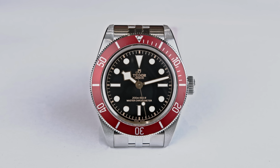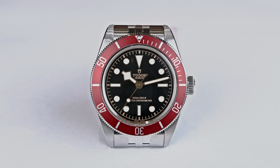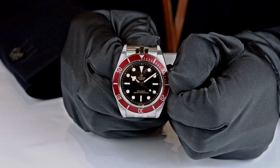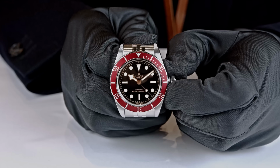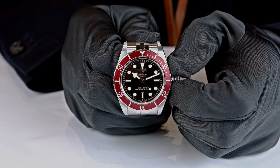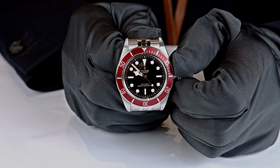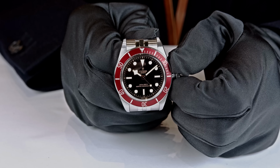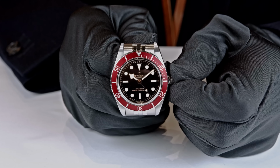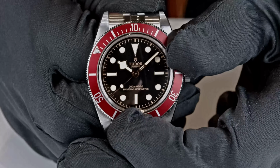So we are looking at the original Black Bay proportions of 41 millimeters in a stainless steel case with a 60-minute unidirectional Burgundy bezel. Yes, the watch features a subtly domed satin radial brushed black dial with gilt accents. It has snowflake hands, a hallmark, as you know, of Tudor divers watches introduced in